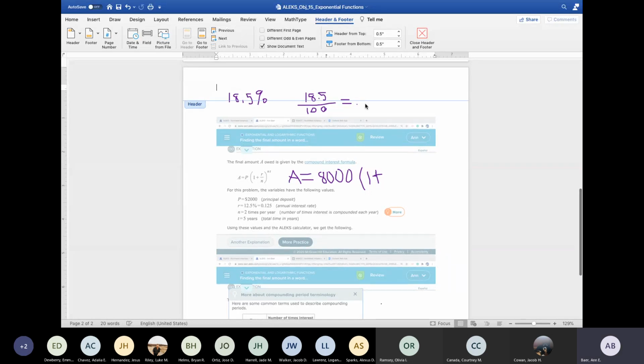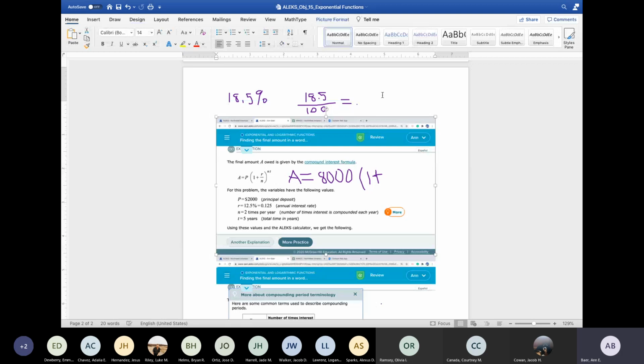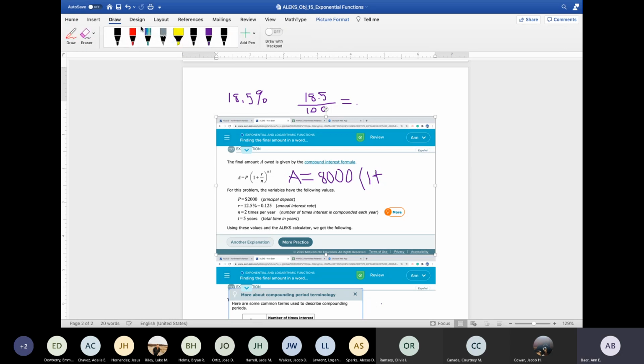Okay, so I guess I'm into the header, so let me see if I can get back out of this. Okay, I got 0.185 for an answer here before we go too far. I don't want two things going on at one time, or two thoughts. Let me just finish up here. I got 0.185 on my calculator. And this is a point there. Okay? So that's what you would want to use, and this percent just means parts per 100.